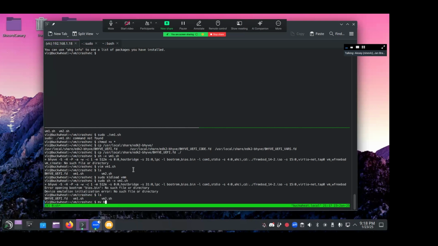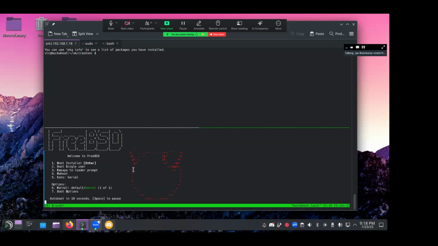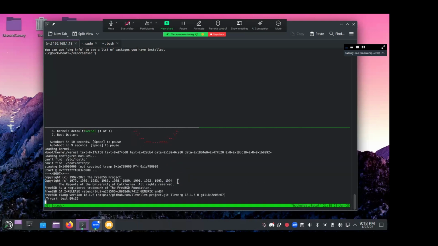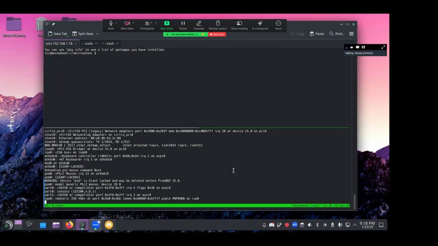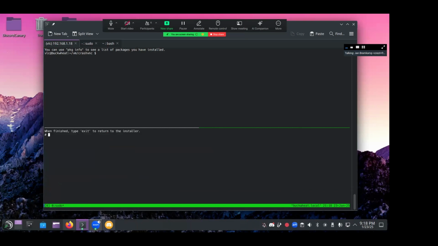Okay, it's complaining about a missing bios.bin. Yeah, let me just move this over here. Boom. Let's just leave this alone in the background. So you're on the console, everything is fine. Shell, yep. Do you have a FreeBSD installer running here, or just an installed system? FreeBSD ISO. Exactly.